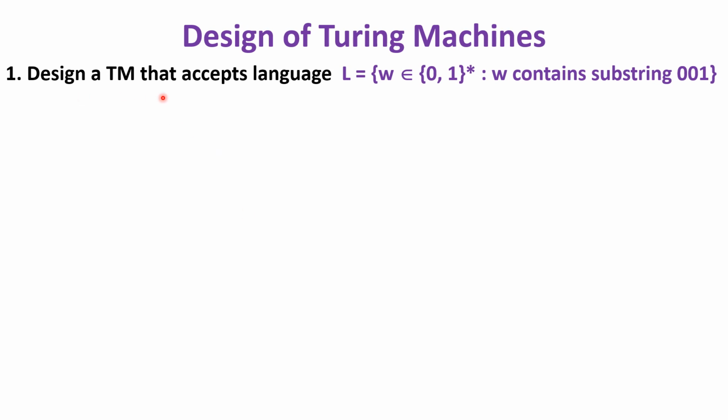To design a Turing machine that accepts a language L containing the strings of zeros and ones having the substring 001. For such type of languages, to design a Turing machine, we need to first design a deterministic finite state machine. So the deterministic finite state machine for this particular language is